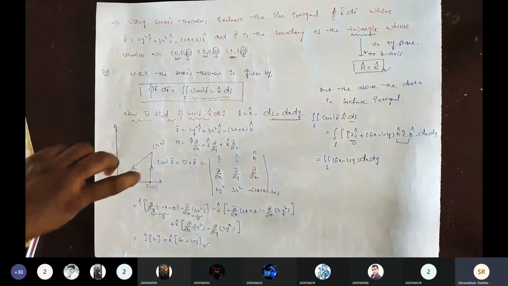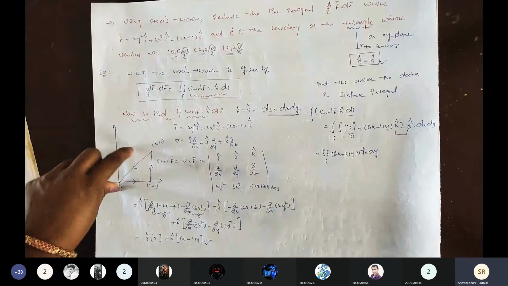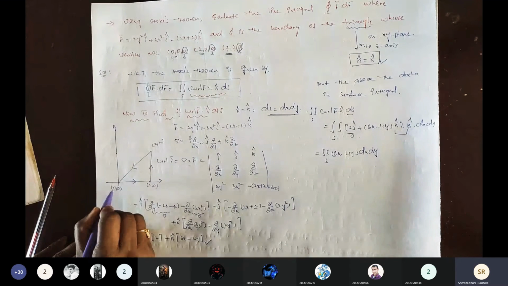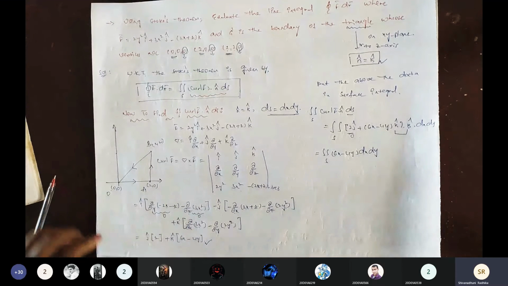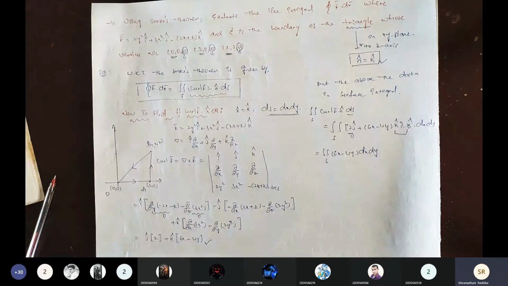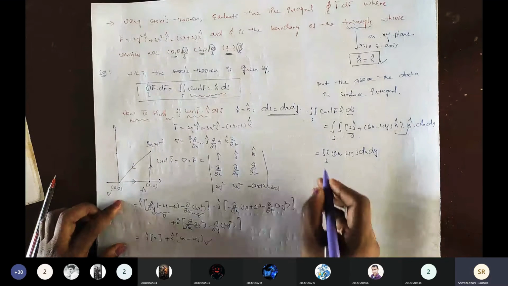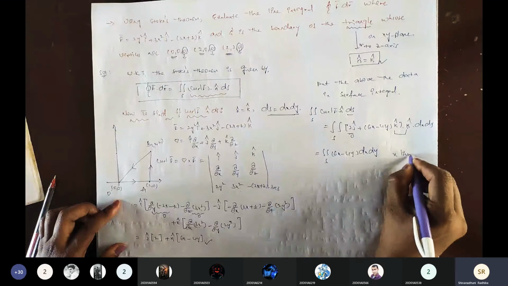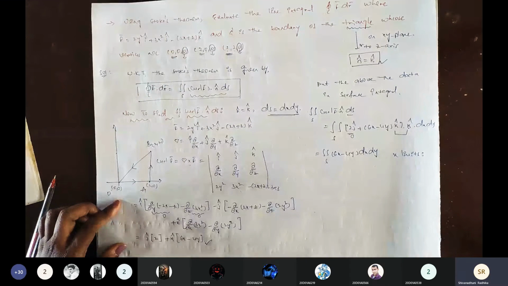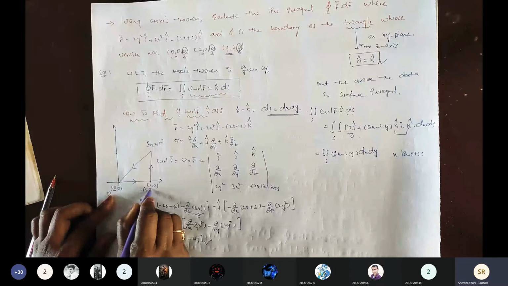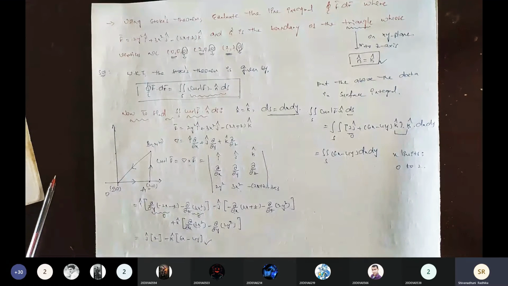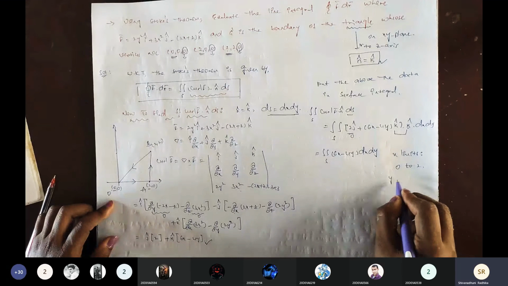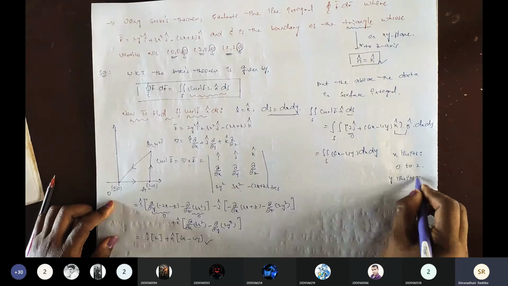Now see, this is anticlockwise. A particle is moving from O to A to B and B to O. Is this closed or not? It is closed. Now, same as in the previous problem, we take the x limits as independent. So the lower limit of x is 0 and the upper limit is 2. And as in the previous problem, we take y as dependent, involving the x variable.